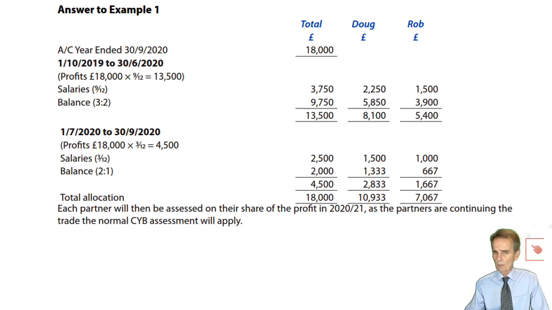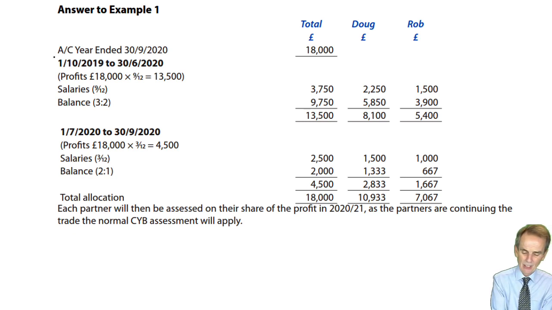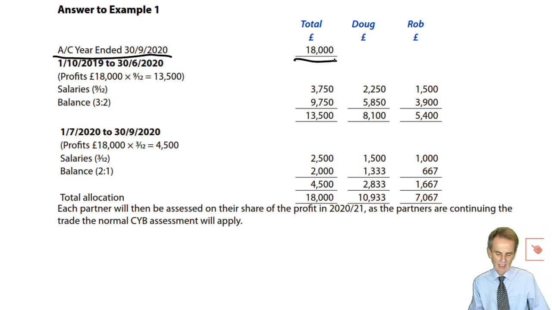A little later, we'll be looking at what happens when either a new partner joins the partnership and/or an old partner exits the partnership. How do we deal with those? But what we have here, the accounting year end in question, is the year ended 30 September 2020. We know what the tax adjusted trading profit is, £18,000. All we've got to do is to divide it according to the agreements that were in force during that accounting